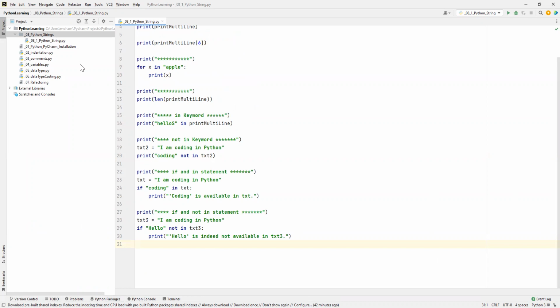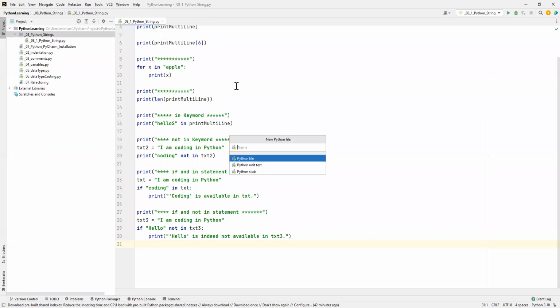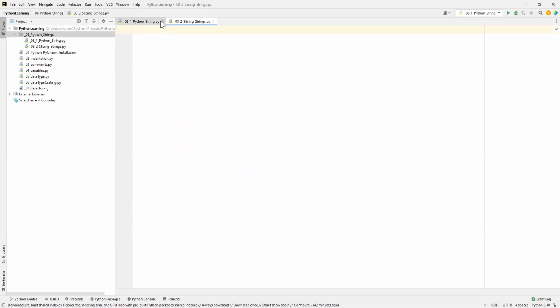That said, let's create another file called slicing a string. So this Python file, 082. I don't think it can say Python. You can just say slicing strings. Close that. So now we have this. Let's just create a string first. Let's just say,